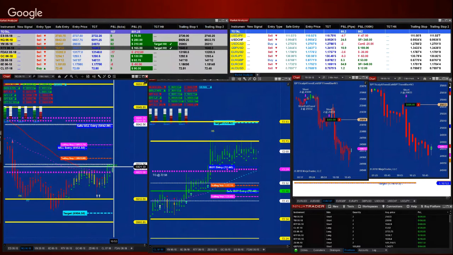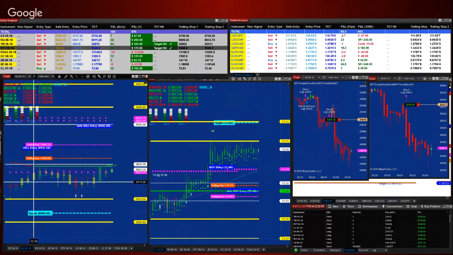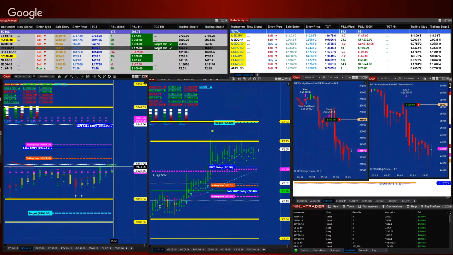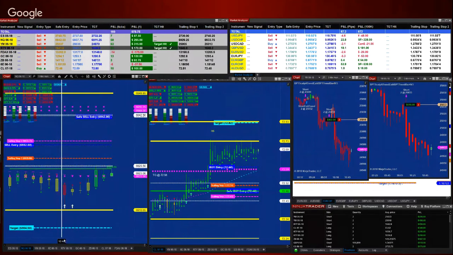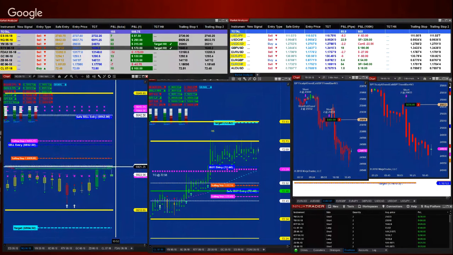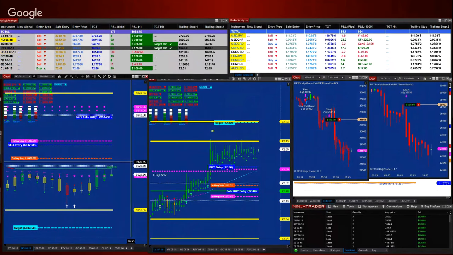If we notice now, it's trying so hard to break that area here. This is the fourth time it's coming. This is 1 time, 2 times, 3 times, 4 times. It's coming to the same area, trying to penetrate, dancing around the 69.2450. And look at it, guys. It's to the tick.